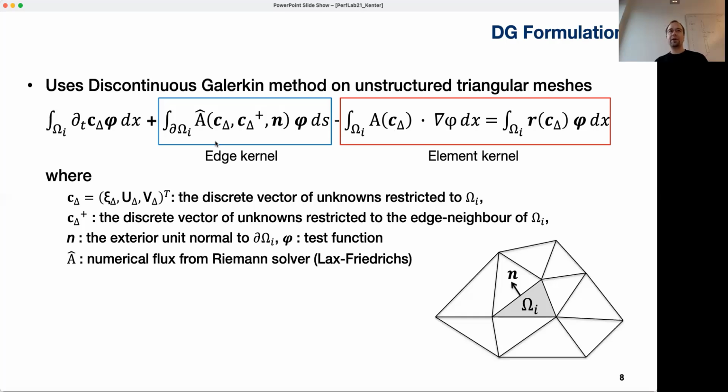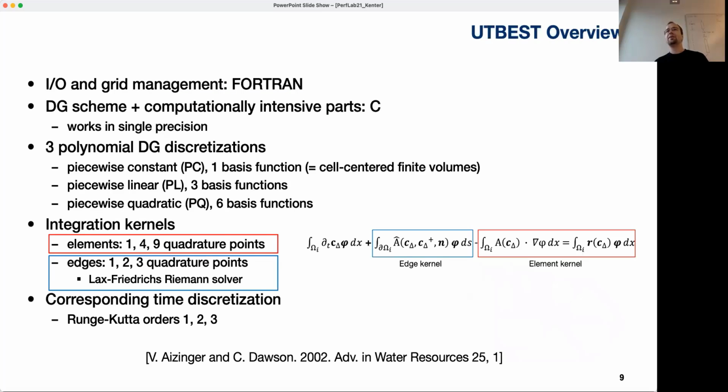And when we look at the edges, we need the inner triangle and the neighboring triangle here according to some normal. So that's the DG formulation of the shallow water equations,